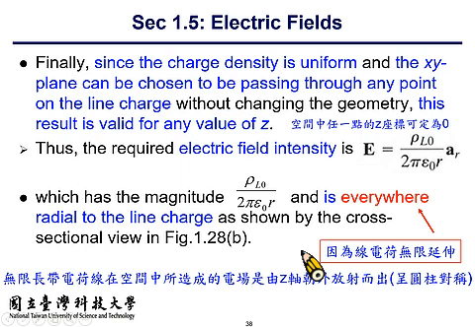So in this slide we see that the magnitude becomes rho sub L0 divided by 2 pi epsilon sub 0 r, and it is everywhere radial to the line charge. So it's directing outwards in a cylindrical fashion. So that is the reason why the denominator is 2 pi instead of 4 pi. For a point charge, the electrical field is distributed like a sphere, while for a line charge, the electrical field is distributed